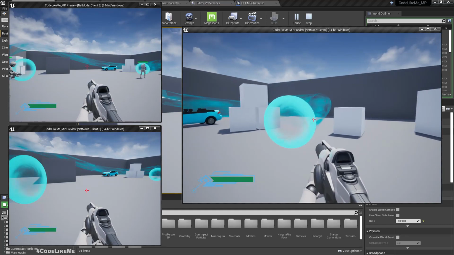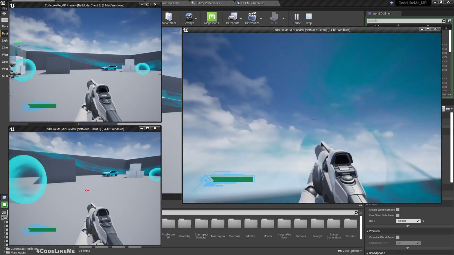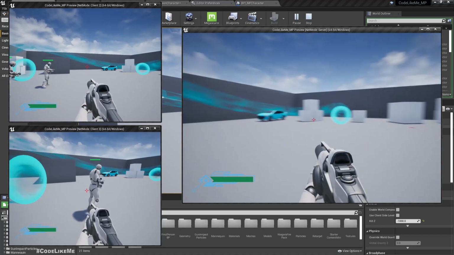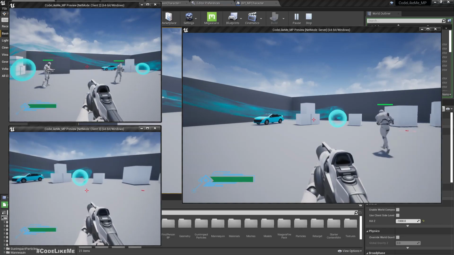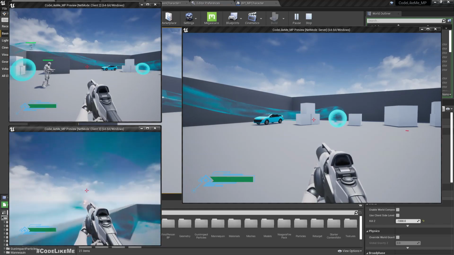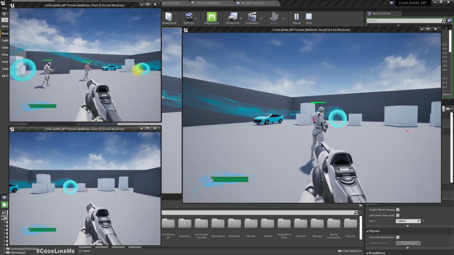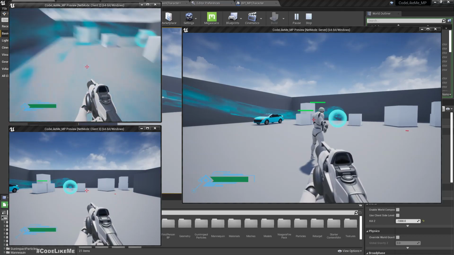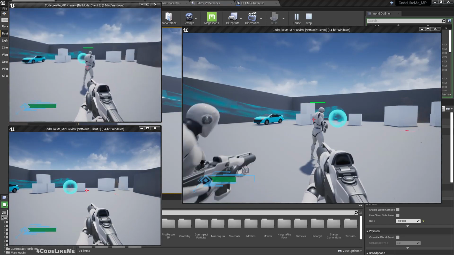Let me go through the portal. See, now you can see it properly replicates. Alright, now let's see how about a client going through the portal. Yeah, it works properly. And also I think we can shoot even when we are going through the portal. Yeah, alright,